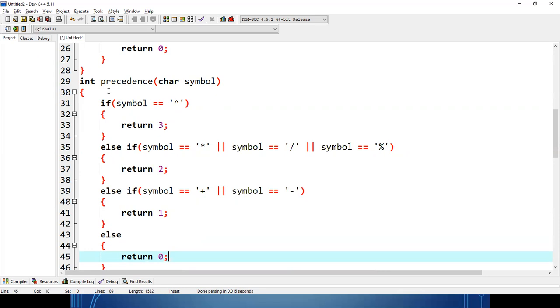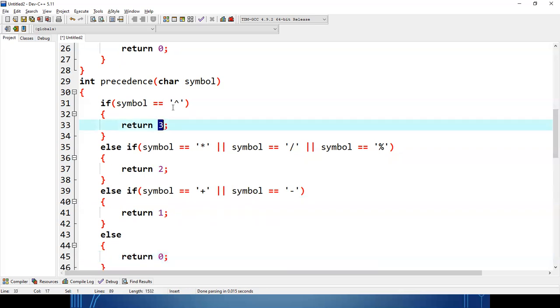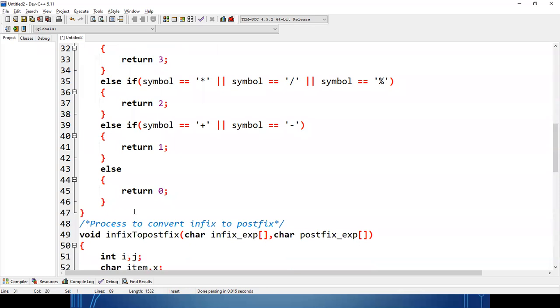So that means my precedence function will accept a character, and it will check which operator I have encountered. So accordingly the priority will be written. 3 is the highest priority for power, then 2 is for multiplication, division and modulus, 1 is for plus and minus, and for the rest it is 0.